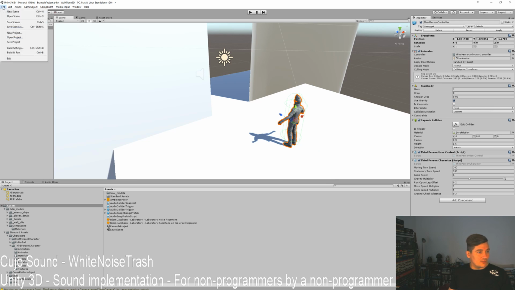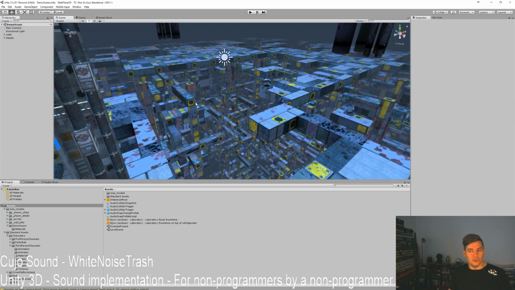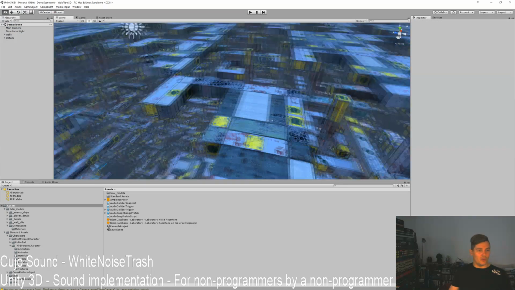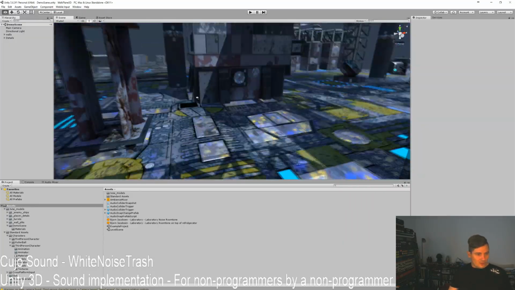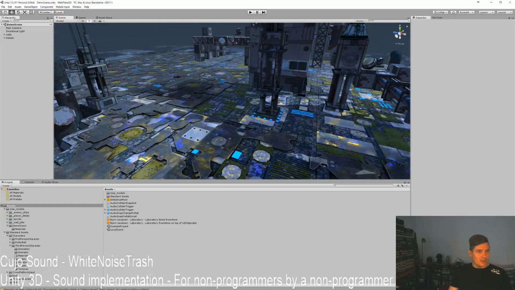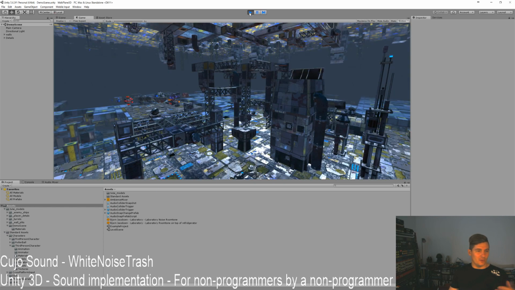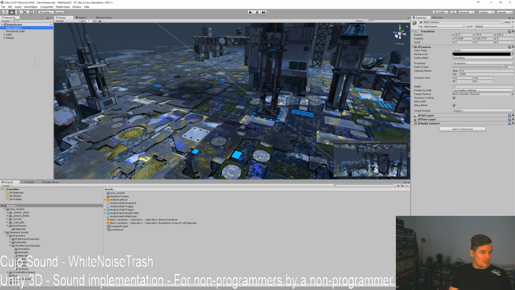And what I'm going to do is open a scene, this scene here, inside the UI models folder. You will see that there is a demo scene. You can load this demo scene, and here you go. Now we have a scene here. You have a big level with stuff and whatever. If we press play, there is going to be nothing happening. So what we're going to do is add in here